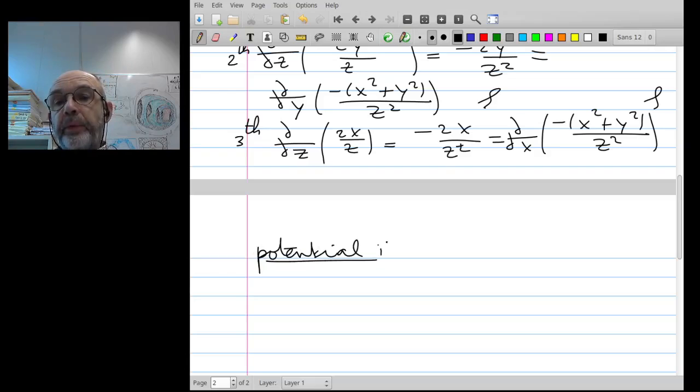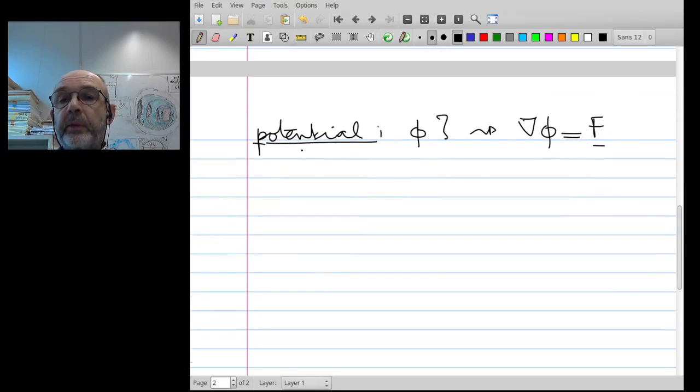And so we search a function phi, such that if we take the gradient of phi, we get the vector field out of it. Now we have to solve a certain kind of differential equations. If you differentiate phi with respect to x, you have to get out of it